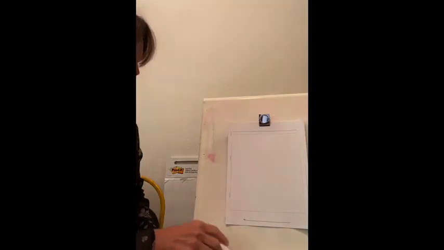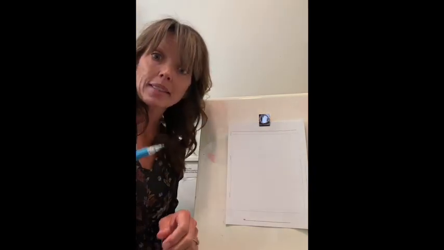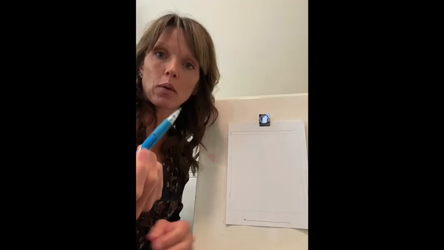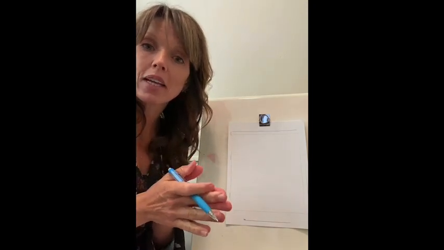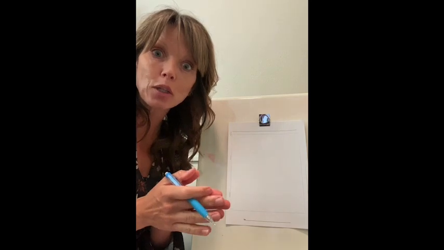All right, so now it's time to add that to our title. Remember what I said about the title. Now it's time for you to get your pencil out, okay? We're going to write the word being together. So remember what I said about the title. The first letter has to be a capital letter.